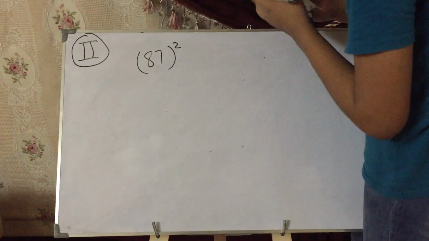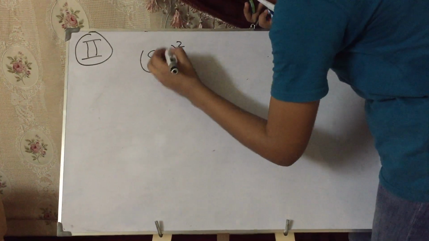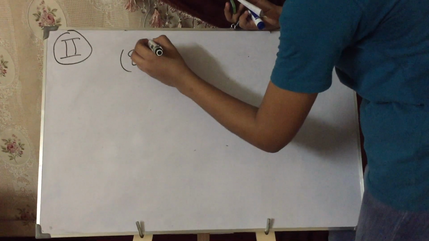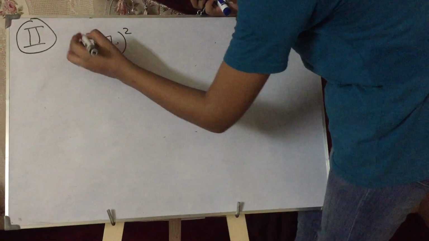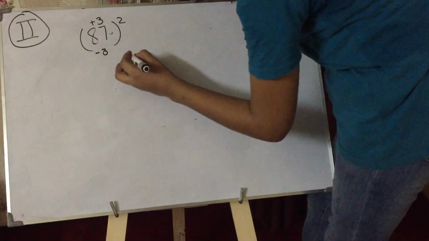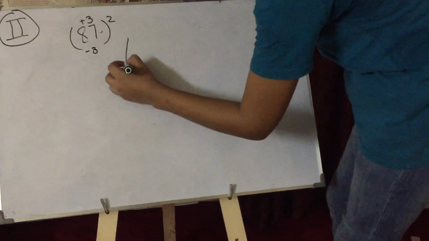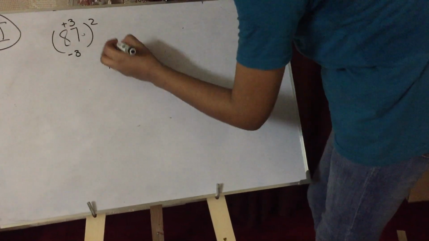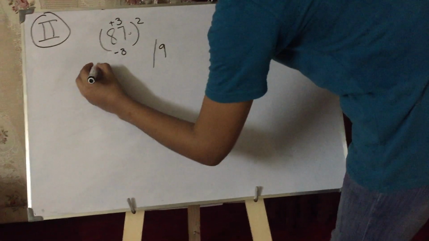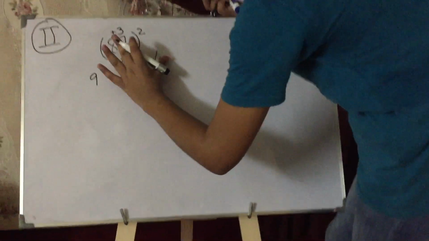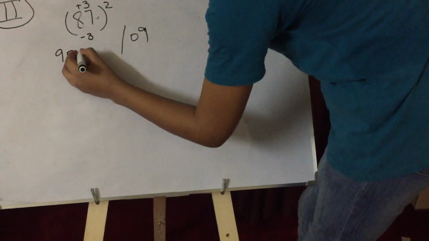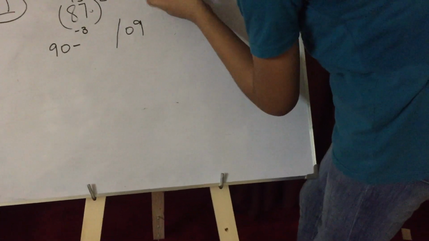We will first make it a number that ends with 0, so that the units digit becomes 0. So we will do plus 3 and here minus 3. And in a corner, you write the square of these two numbers, or at least the square of 3, which is 9. So the answer came 09. Sorry, you have to take a 2-digit number, right? Yes. And 90 minus 84.